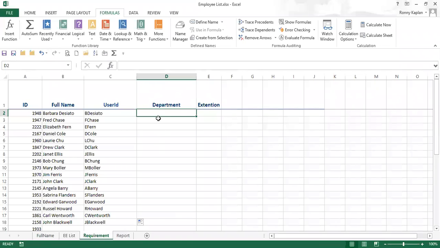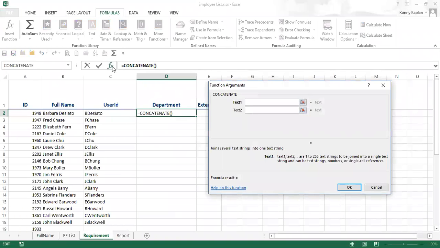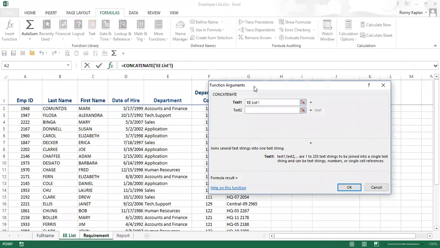So if we go, that would also be concatenate. Now I can always go to formulas and drop down text and go to concatenate, or I could just start typing the function, type the first few characters, and it brings it up. Now, if I knew exactly what I wanted, I could type in the stuff. If I would like to see the dialog box, I can always go to that little FX up here to give me the details. Okay, so if we want to concatenate the department code,